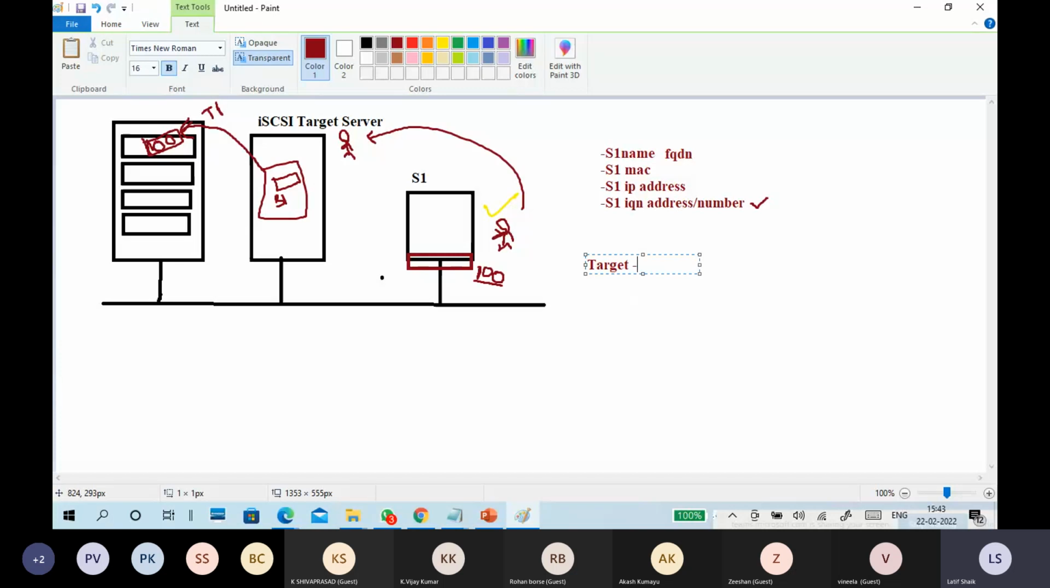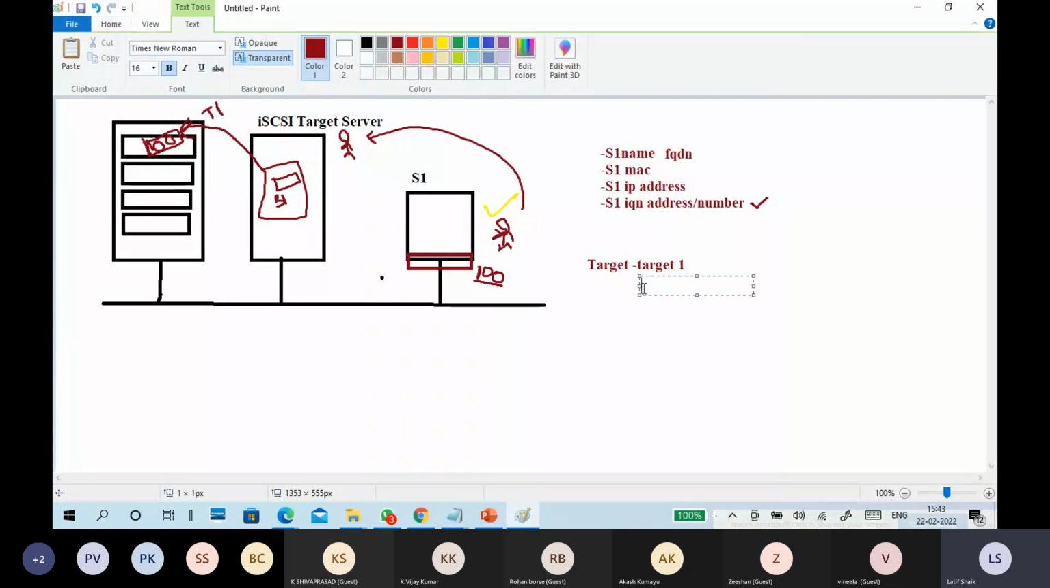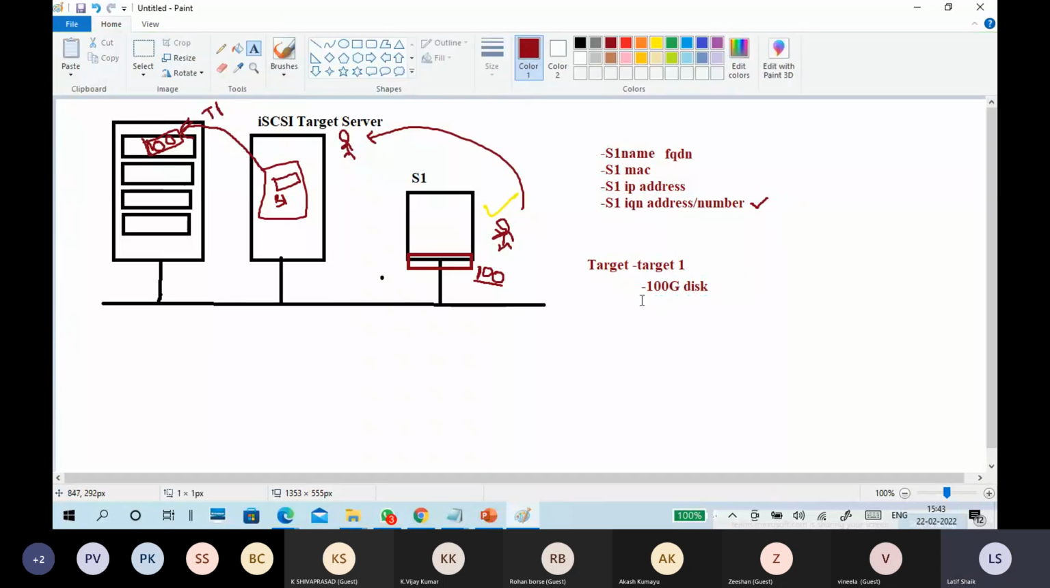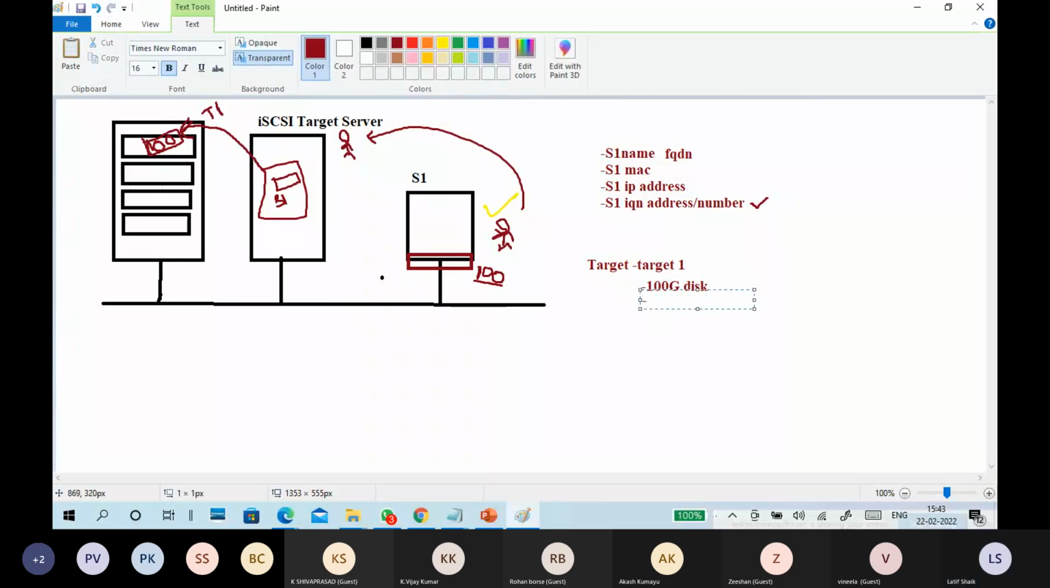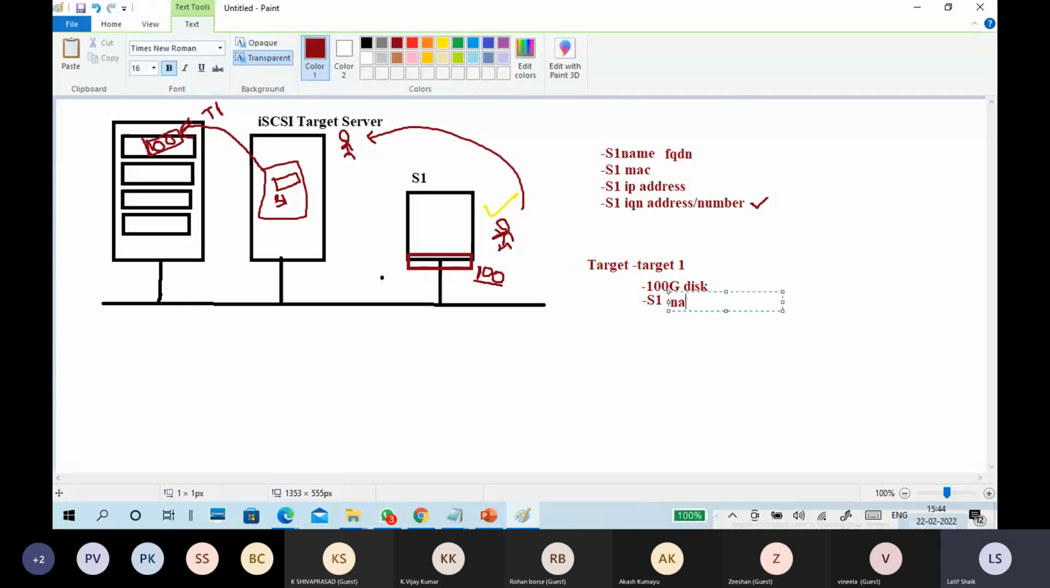Okay, target name is target one. Target one is currently a 100 GB disk. Okay, 100 GB disk. Target name is target one. Access for server S1 by name or FQDN